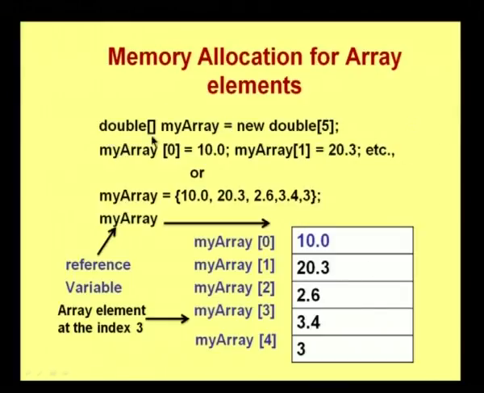We have a double array. I have maximum size to be 5, so I can assign the value. Since I have given new here, the memory will be allocated for 5 double values. First I am giving an index, or you can say a subscript. Here 0, for which I am assigning a value, and again I have another value. So I can create an array or initialize an array using these statements,